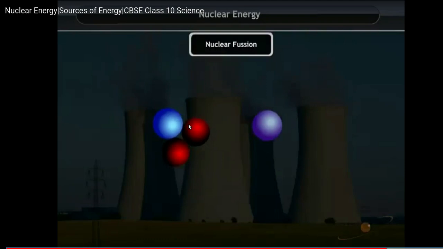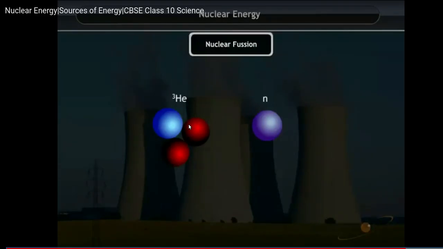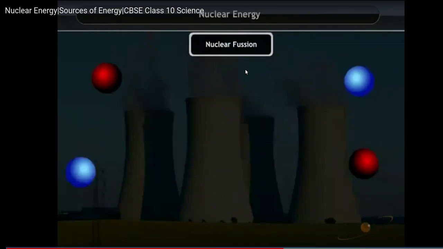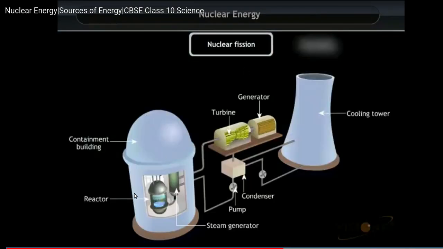The glowing of the sun is because of this fusion process. In our sun, this is exactly what happens. So what do we do for generation of electricity? The same thing. We carry out the same experiment in which we combine two nuclei into one nucleus. In the reactor, it's either a nuclear fission process or a nuclear fusion process which happens. Either way, it leads to a lot of energy release.